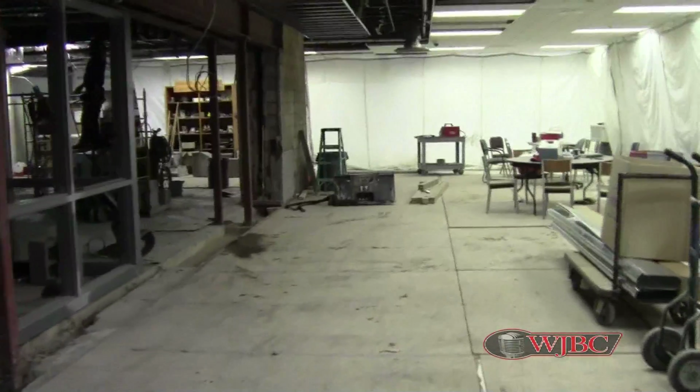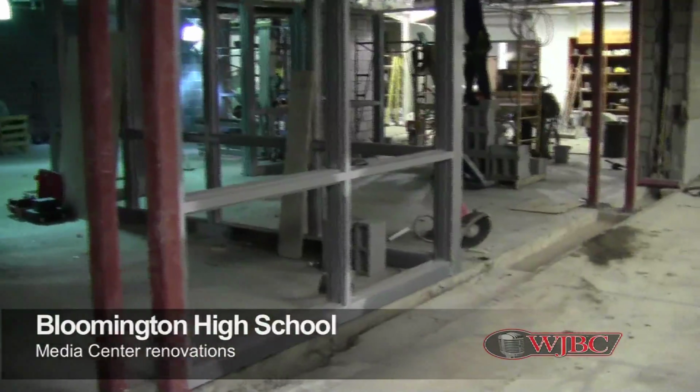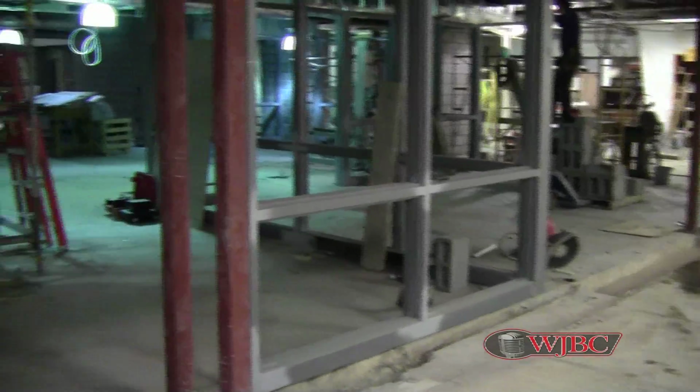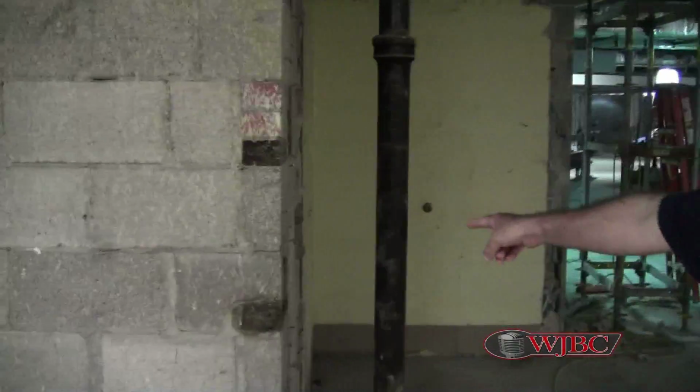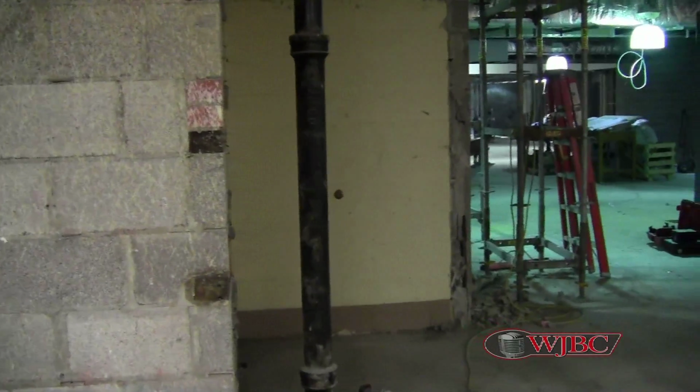This used to be the wall of the existing student center. And depending on who's listening and how far back you want to go, if I can point, this used to be where the pay telephone booth used to be. There'll be a few people that get a kick out of that reference. Anyway, if you step this way,